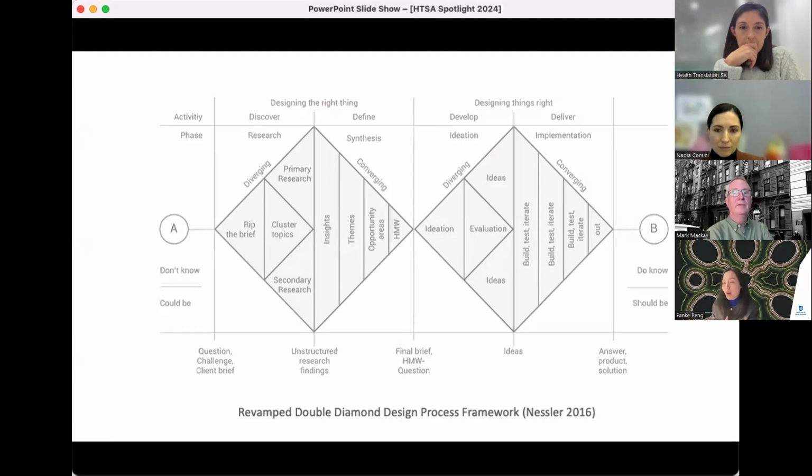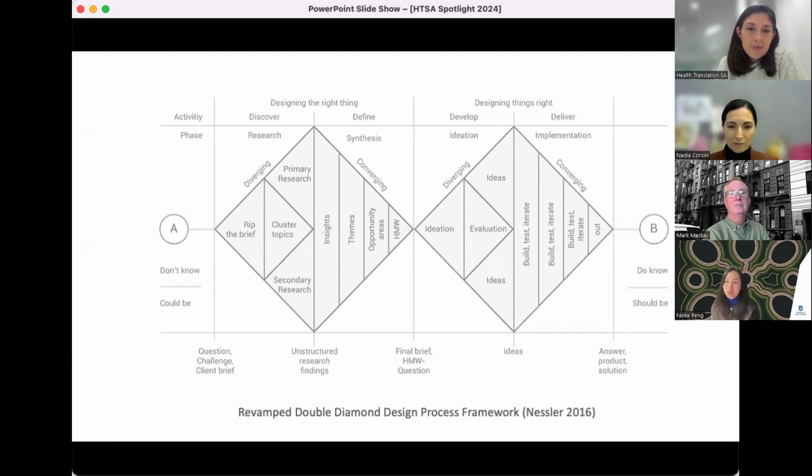In terms of the whole design thinking process, it is a convergent and divergent process, an iterative process. But basically, what we are trying to do is to understand the question, the challenge, first, before we jump into the solution. So for this particular project, in the first stage, we conduct a scoping review. As academics, we do like our secondary data collection.